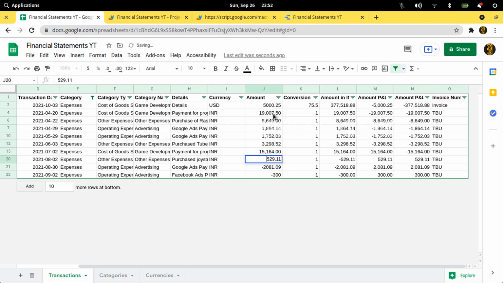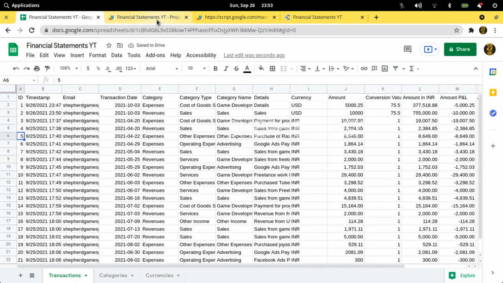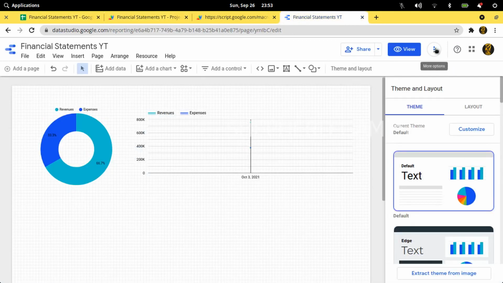Okay, so these are only test values. All right. Fine, right? So if I refresh the data now,